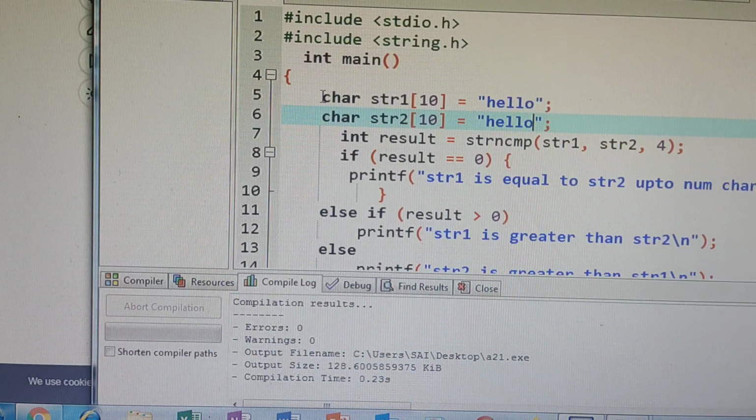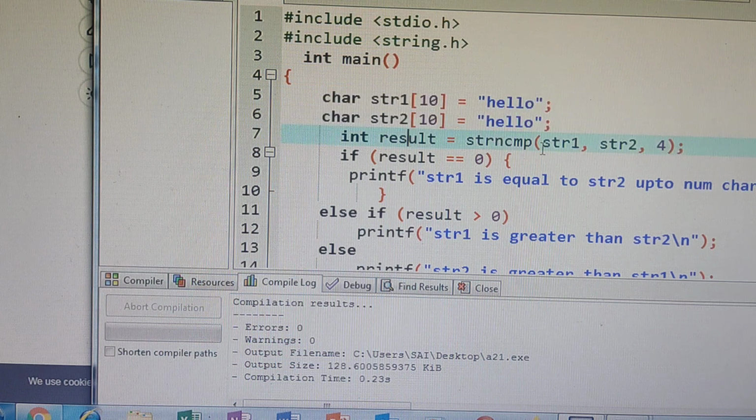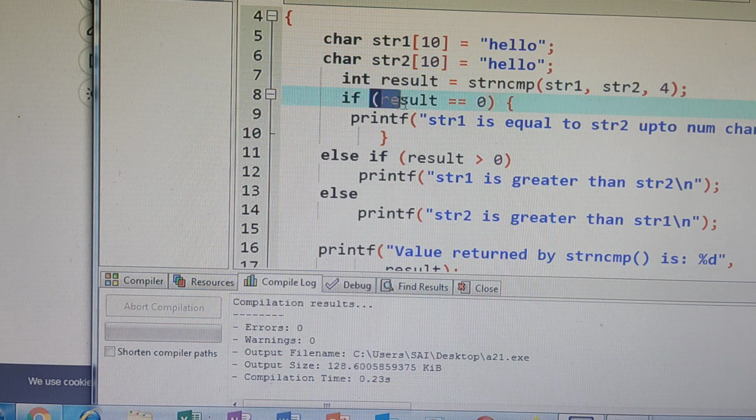2 strings I have initialized: hello, hello. Now for the result, I am using the string comparison function, which is used to compare one string with another string. Here we are comparing string 1 with string 2. Now the result equals 0. We are comparing and we got the result as 0. Then what does it mean? Both the strings are equal.